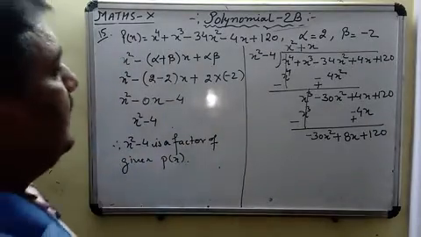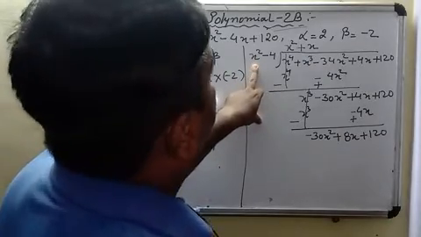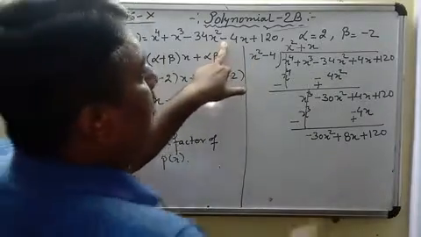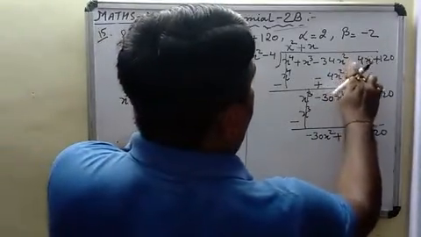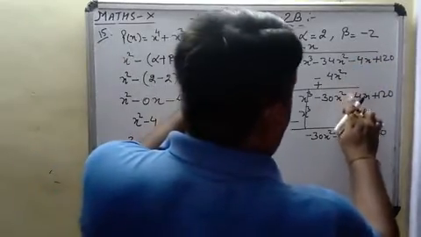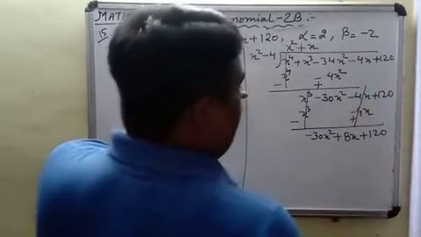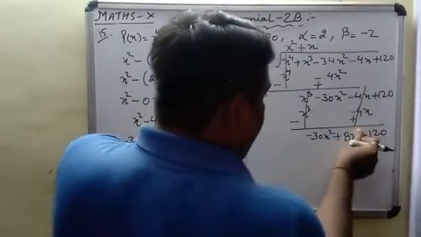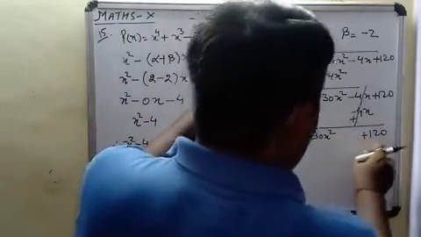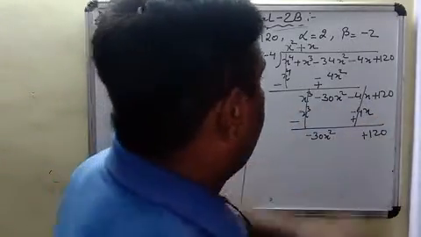So we are given with here, just a second. This is minus 4x. I have written here plus 4x. So this is minus 4x. Okay, and this is minus 4x. So this plus minus 4x will also be cancelled. We will be left with minus 30 and plus 120. Minus 30x square and plus 120.